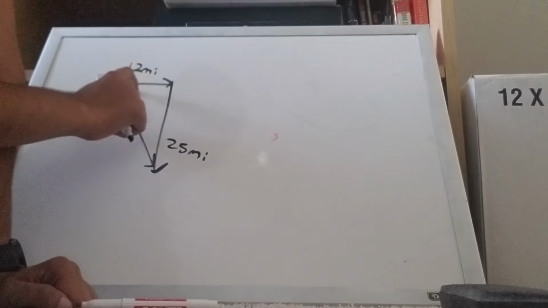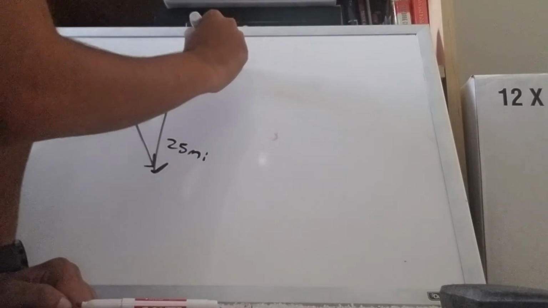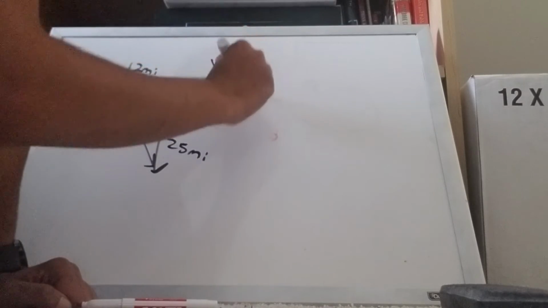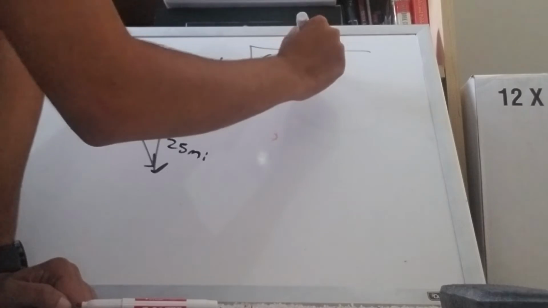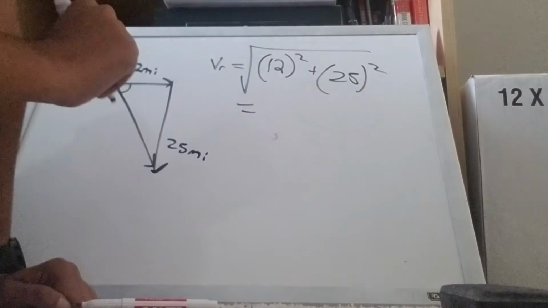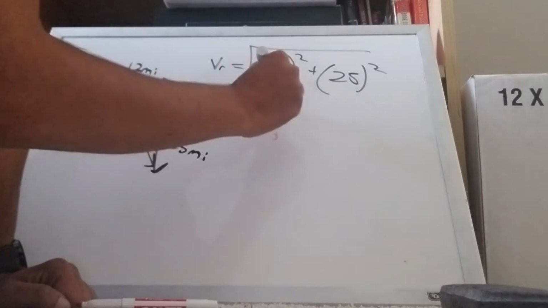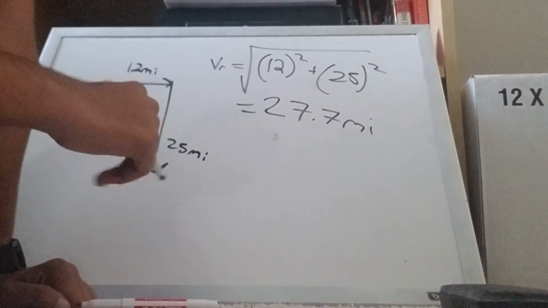Notice this is the horizontal component and this is the vertical component. So the resultant vector, Pythagorean theorem, 12 squared plus 25 squared. And that's going to give us, when we plug it into a calculator, a value of about 27.7 miles,